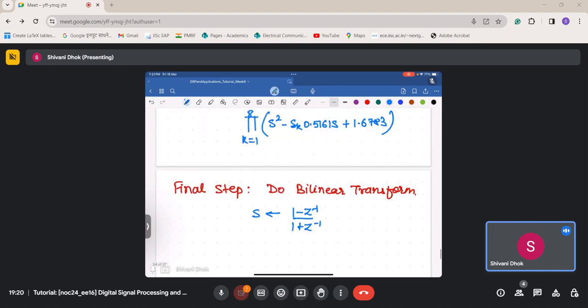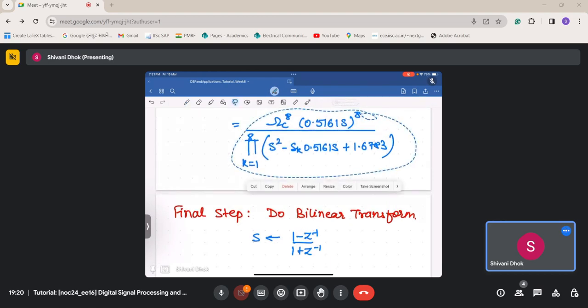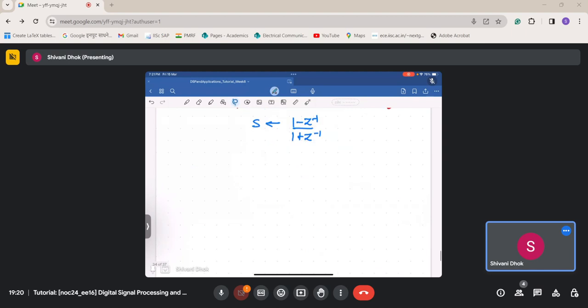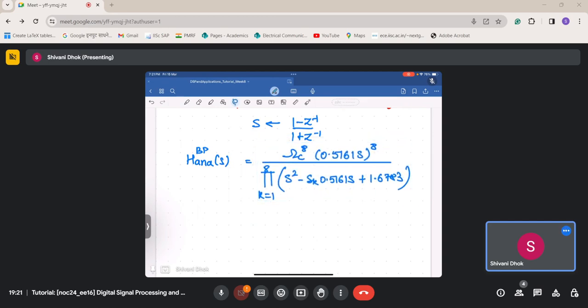Okay, so this was H analog of S. This we had. So H of Z will be equal to omega C to the power 8,